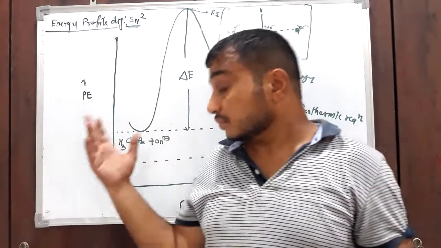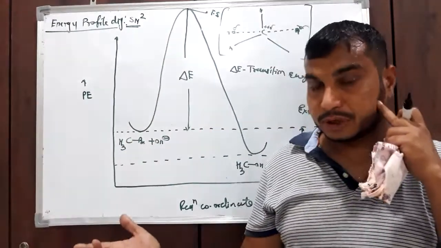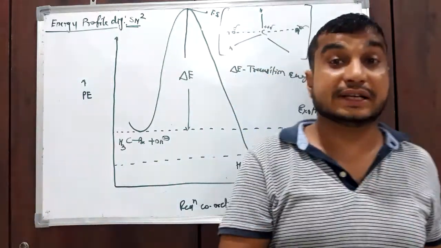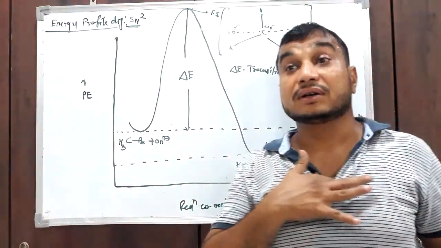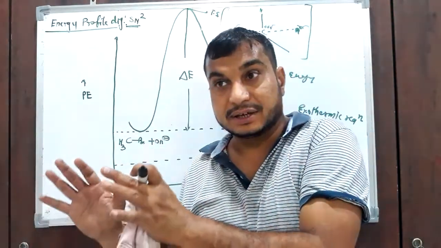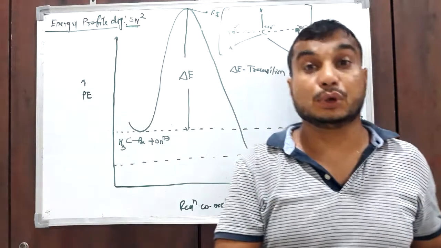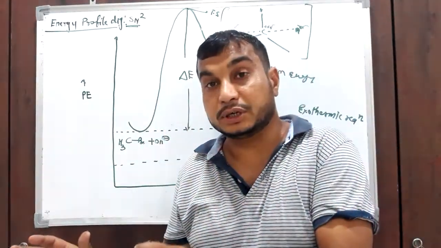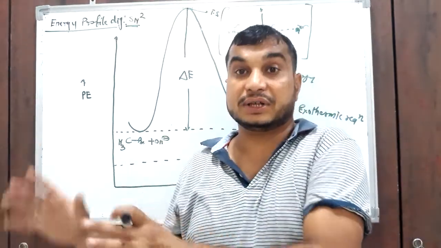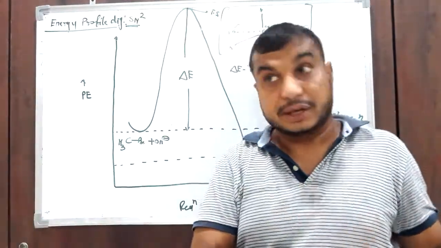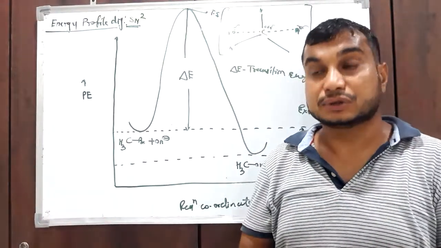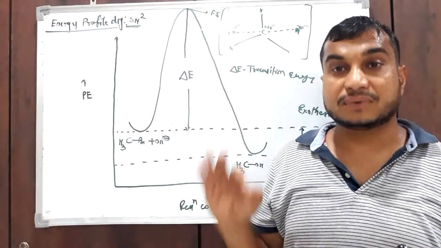Now, as far as stereochemistry is concerned, if the reactant is optically active, then the product is also optically active, but having inverted configuration. If the reactant is dextrorotatory, then the product is leorotatory. If the reactant is leorotatory, then the product is dextrorotatory. If the reactant has configuration R, then the product is S. If the reactant is S, then the product is R. Therefore it is called inversion of configuration.